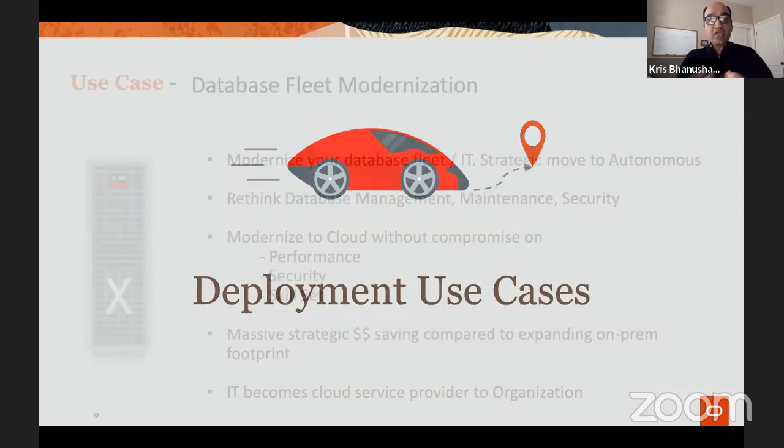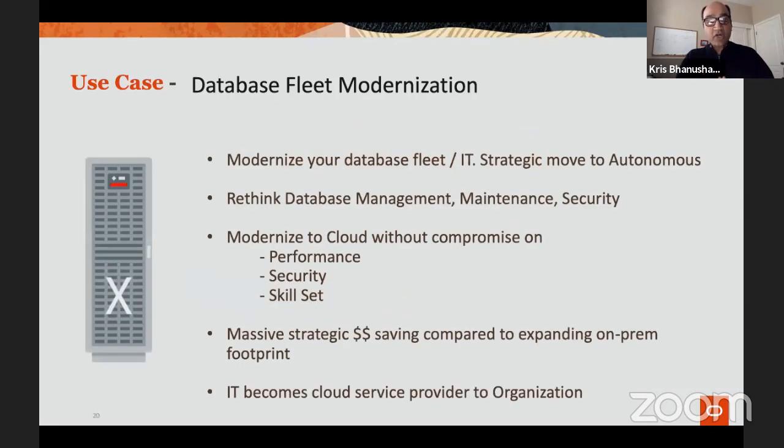A few use cases here. I've already talked about this one, fleet modernization. And by that, I mean the journey of taking pretty much every Oracle database that you might have on-prem and moving it to an autonomous management capability, whether it's using cloud at customer so that it stays within your data center, or moving some to the public cloud setting where it makes sense.